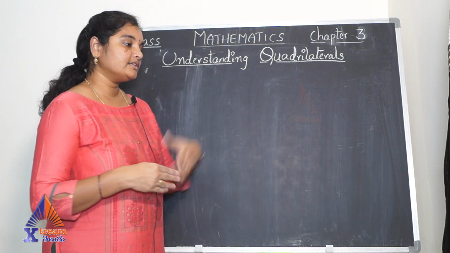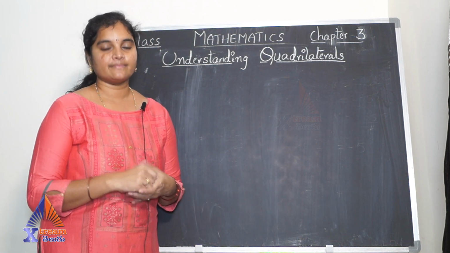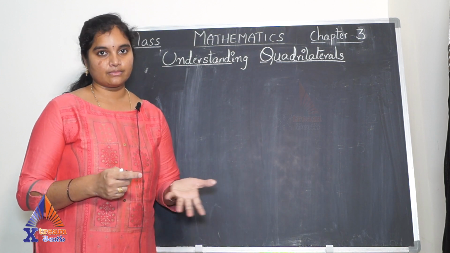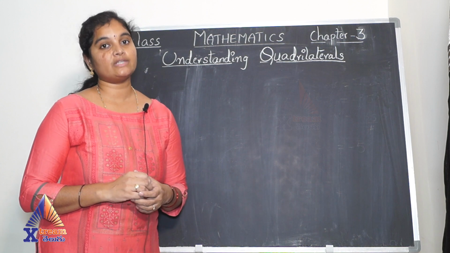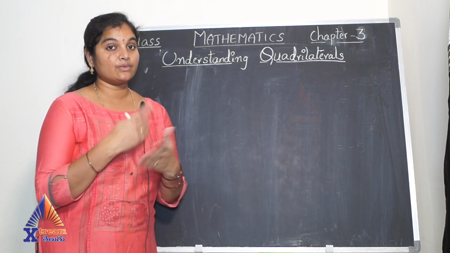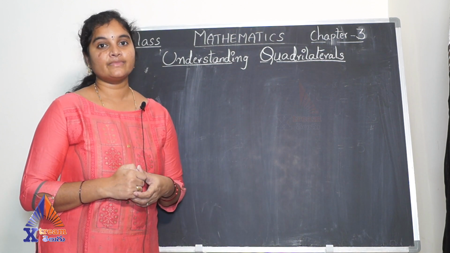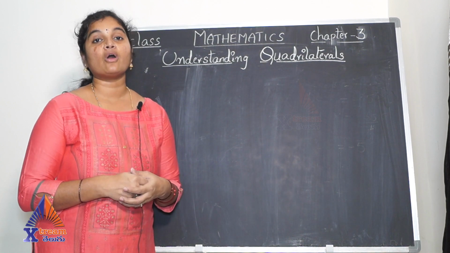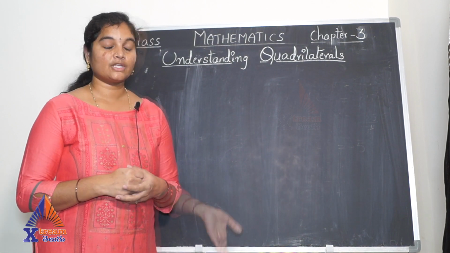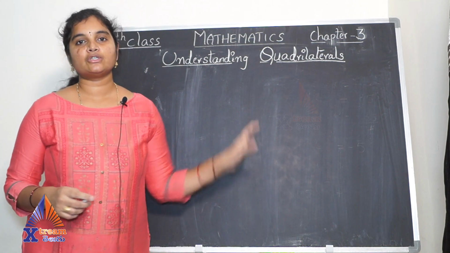But other than square and rectangle, we have so many quadrilaterals in our subject, and we see them around us, but we don't realize that these are also called quadrilaterals. Like your kite, the kite which we use for Pongal holidays, that's a quadrilateral. The best example is the Kaju Barfi. That's an example of a rhombus. That is also a quadrilateral. So let's try to understand more about quadrilaterals.